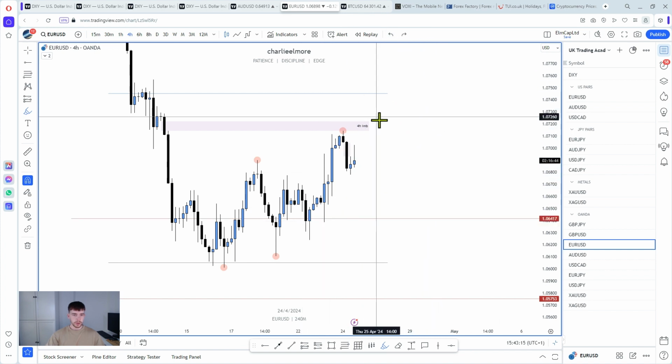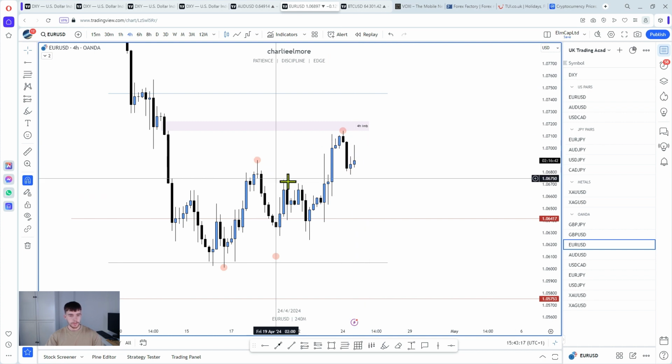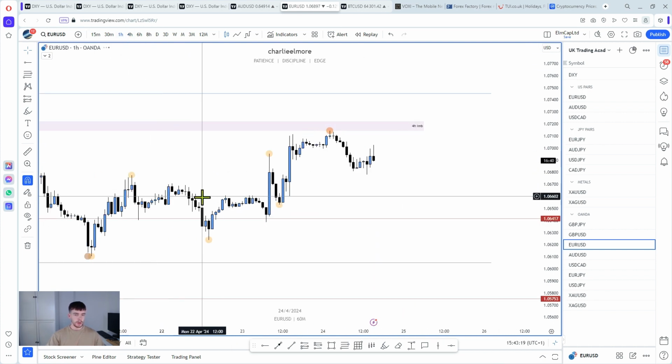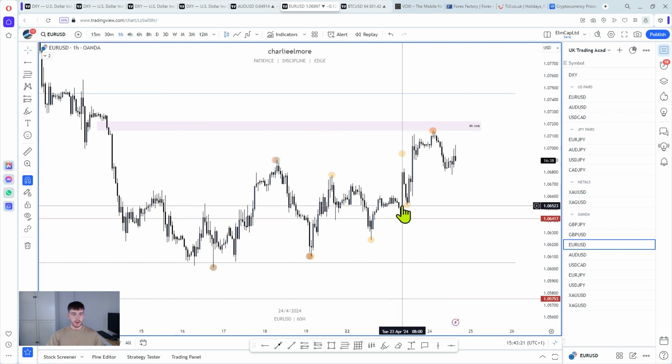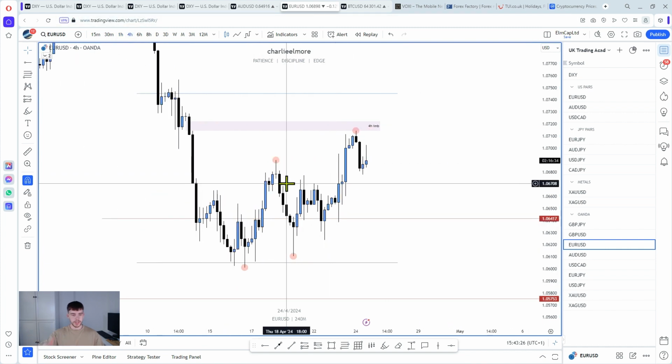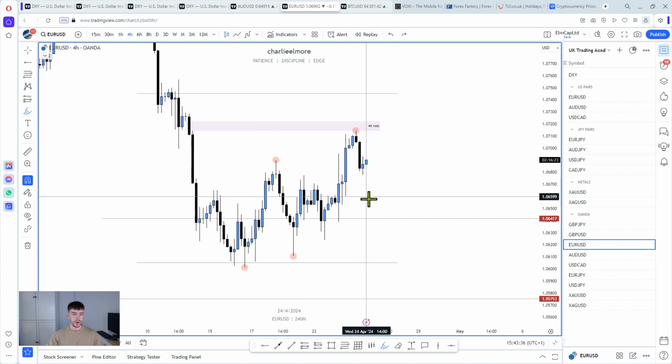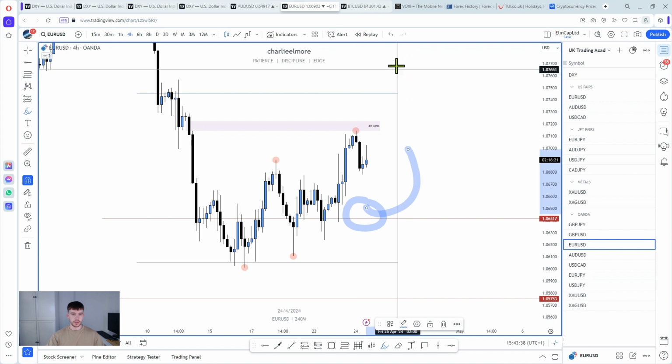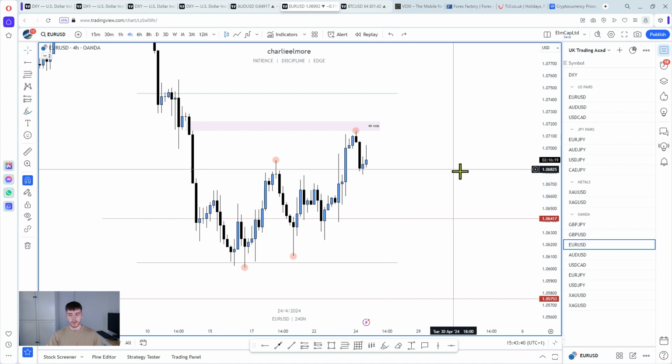So that's just what I'm seeing from a 4-hour perspective. There's no need to go down lower, because on the 4-hour, that's what I'd be waiting for. There's no point now going down into the 1 hour, 30 minute, 15 minute. It would only be valuable to do that if and when we are down here, because we want to be using those time frames to enter.